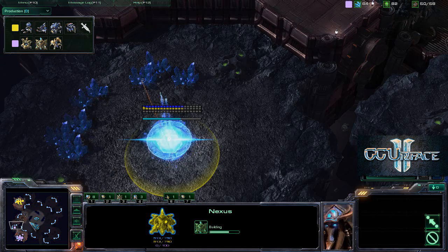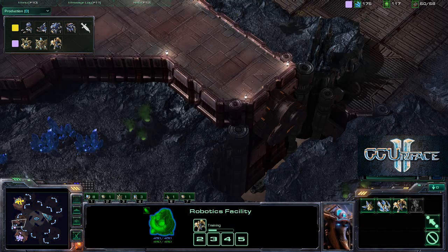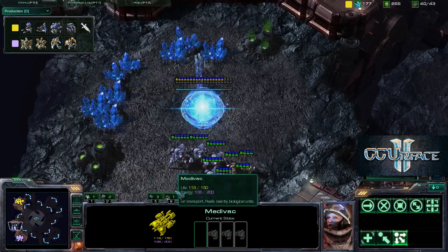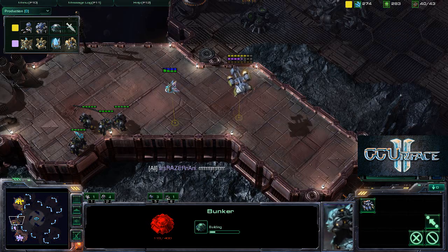Maybe he's going to go for a drop here, no, or is he? And this observer actually sees it coming, so it's not going to be too much of a surprise. It's always nice to have an observer around. And I don't think Satiini realizes this yet, and he can't actually shoot the observer, but he's going to do the drop anyway. And we do see marauders, and we do see a bunker going up in preparation for a